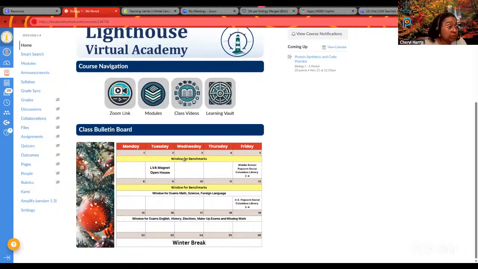It's important. And benchmark exams cover everything that's supposed to be in the course. So some of it we'll have covered and some of it we won't have covered. And the school uses this information in order to see your progress and where they should place you if you should need some extra help, because they assign extra classes in preparation for the milestone. So they use this for judging where to place you. Okay. So write that down.